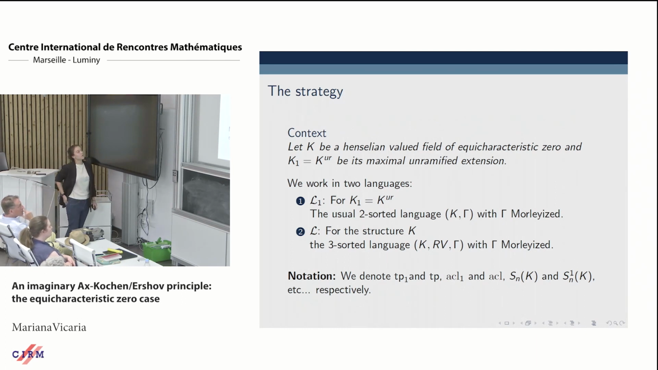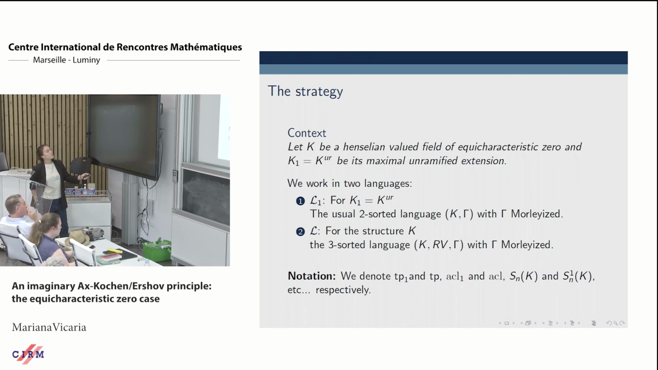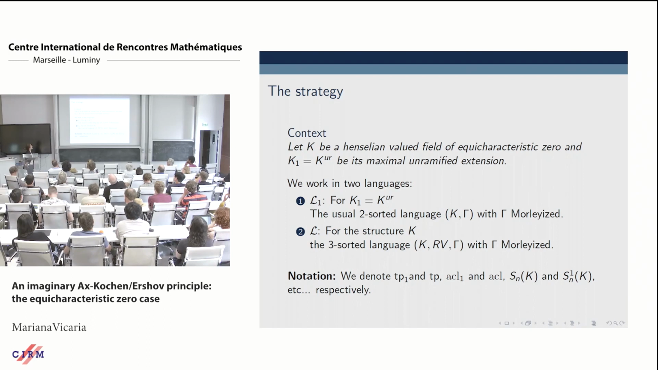So let's recall what our context is. Let's say that you have a Henselian valued field K of equicharacteristic 0, and I'm always going to use the subscript 1 to refer to the maximal unramified extension. And we're going to be working in two different languages. The first one is L1, the one I usually use for the maximal unramified extension. That is, we're going to have a two-sorted language, and in one of the sorts we have the main field, and in the second one we have the value group with the valuation map, and we take gamma Morleyized,